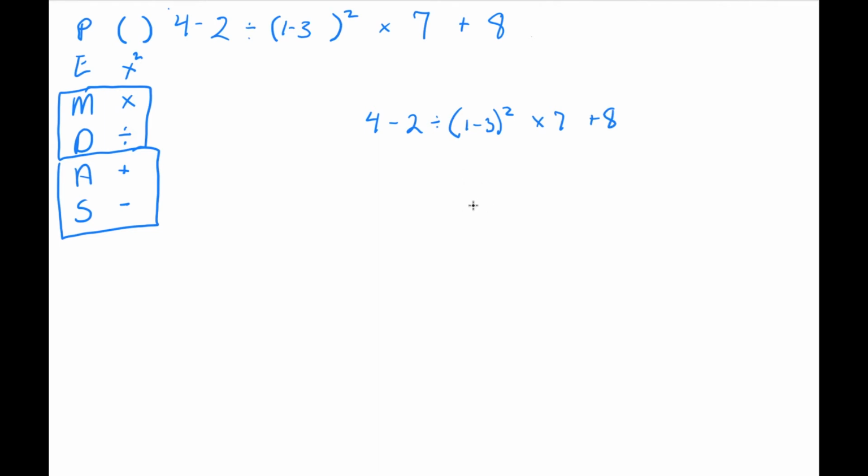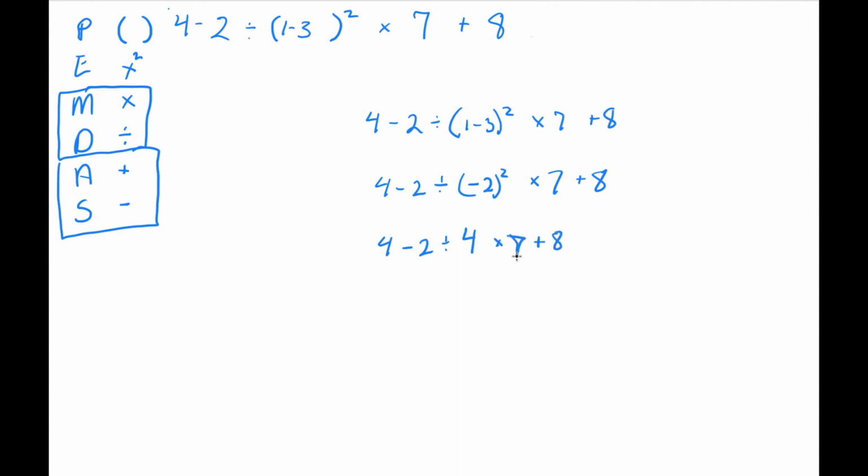What do we do first? What's in the parentheses? 1 minus 3, that's negative 2. Okay, 4 minus 2 divided by negative 2 times 7 plus 8. Well, now we have an exponent. We do that next. So 4 minus 2 divided by negative 2 times negative 2 is positive 4 times 7